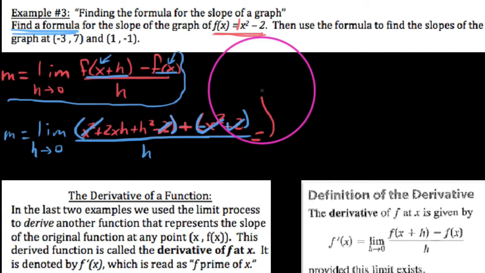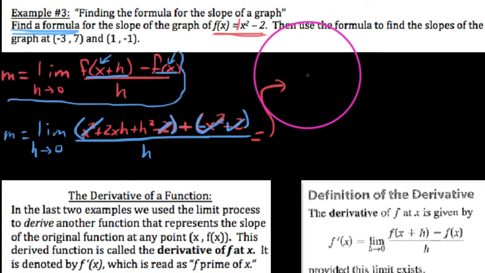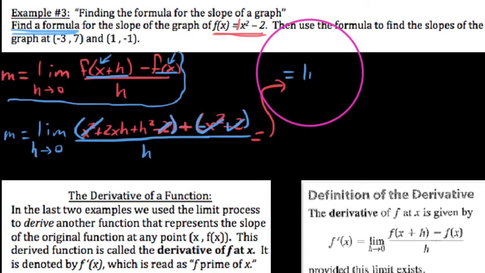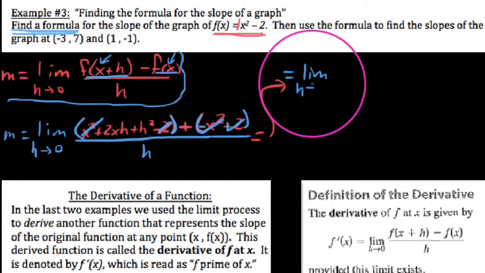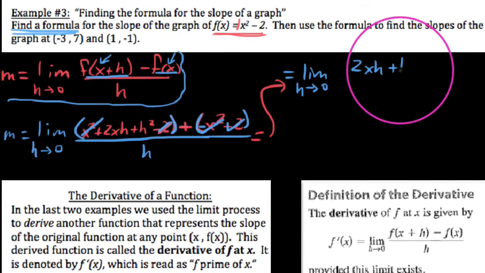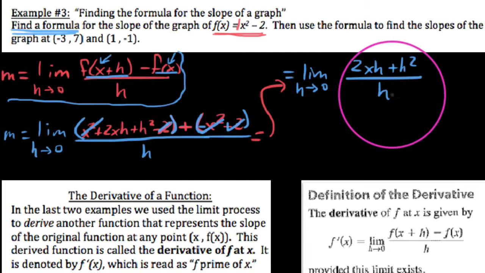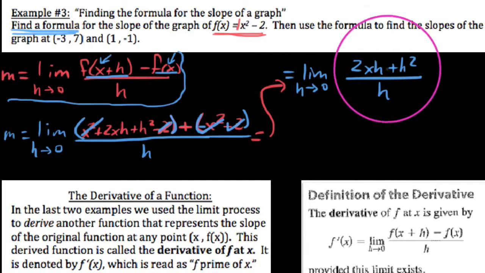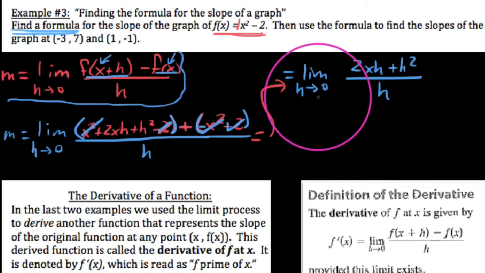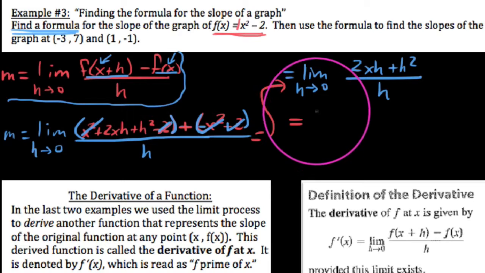And this is actually always something that tends to happen. But what we're left with is this: the slope of the graph is equal to this limit as h goes to 0 of this. On top we have 2xh plus h squared, and this is all over h. And you'll notice that direct substitution of h being 0 into all of these again would produce the 0 over 0 indeterminate form. But what we could do is use the dividing out technique, which essentially says this: